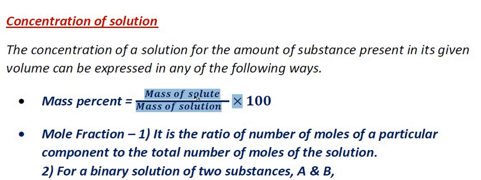So you know what is a solute and a solvent. A solution is made up of two components. The component which is smaller in amount is known as solute and the component which is larger in quantity is known as solvent. So when we mix solute into solvent, the resultant product is known as solution. So if we want to calculate the concentration in terms of mass percentage, this is the formula, and you have worked on it in class 9. So this is not anything new to you.